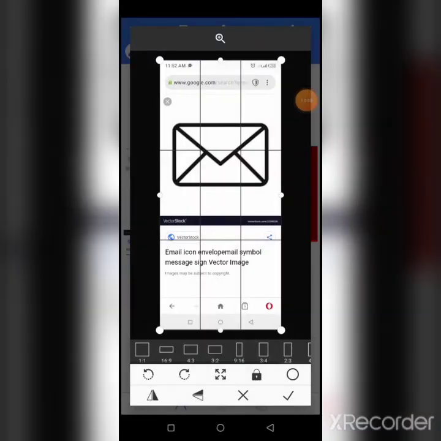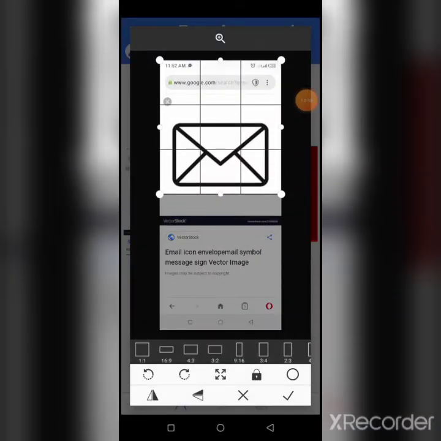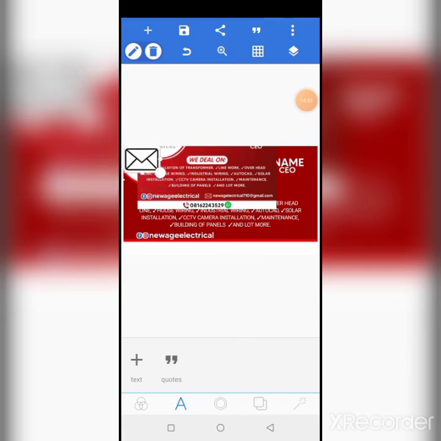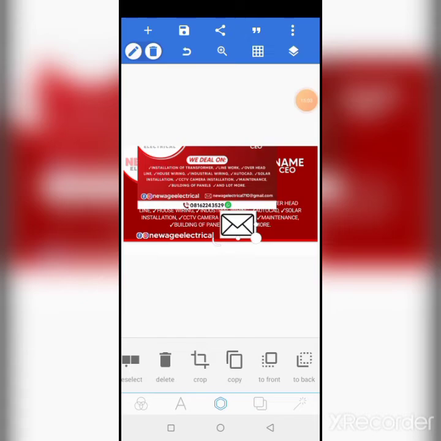I have the email icon here. So I'll just crop this, as you can see. So I reduce it to something like this, for me to remove the